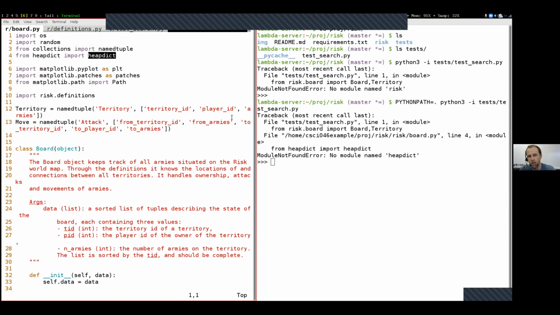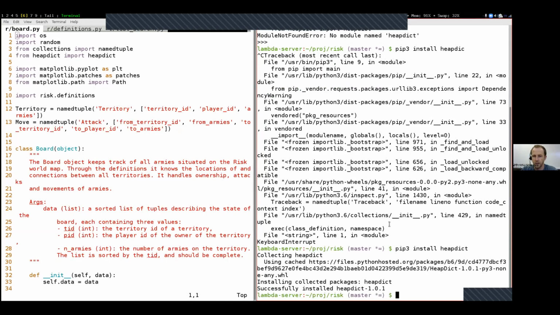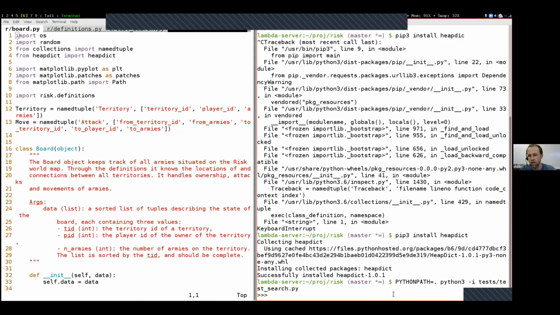This is a module that we're going to be needing later for Dijkstra's algorithm. So that's why it's being imported right here. In order to get access to the heapdict module, I'll do a pip3 install. Oops, I'll type it correctly. pip3 install heapdict like that, and now it's successfully installed. Up arrow, up arrow, up arrow. Hit enter, and now we are successfully able to load our test cases and take a look at the board0